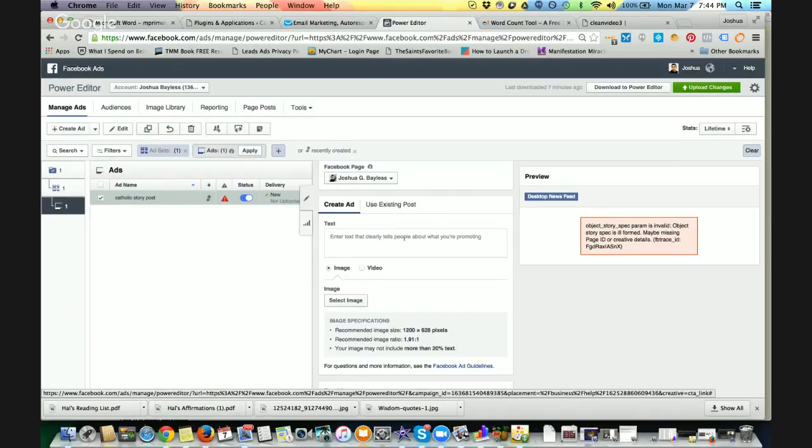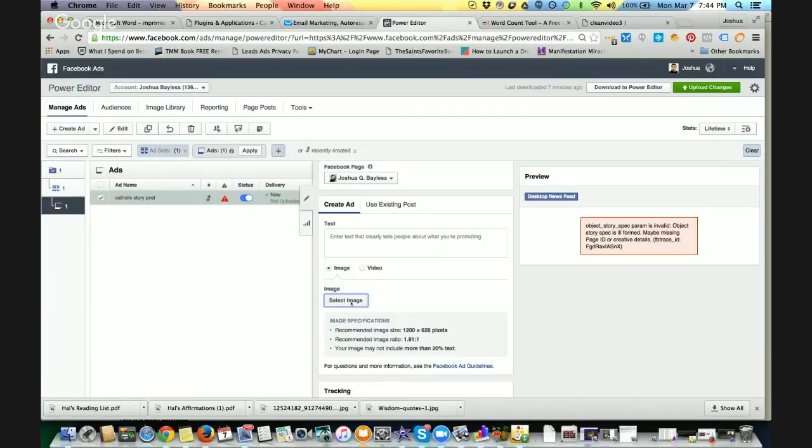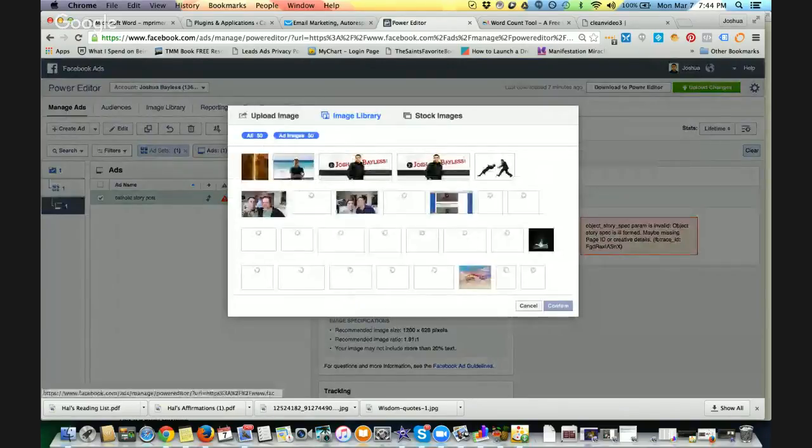like I said, remember I wanted it to be a dark post, so nobody's going to see this except the people that see my ad. All right, so I can enter text here. I'm not going to do that right now. I'm going to select an image, and